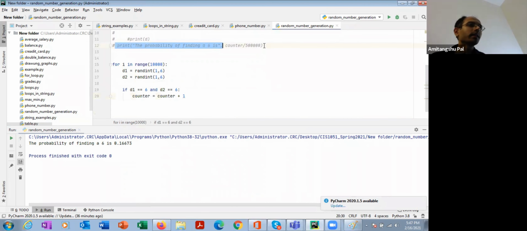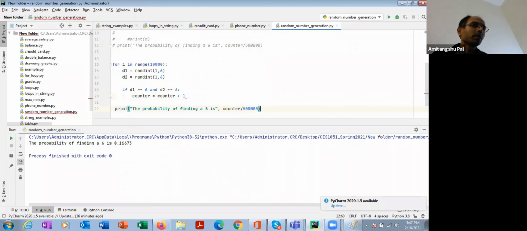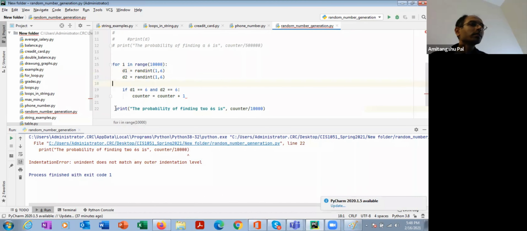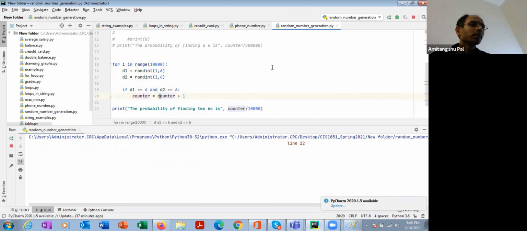And at the end, I'm printing the probability of finding two 6s, which is counter divided by the number of experiments. So it is showing us 0.0298.